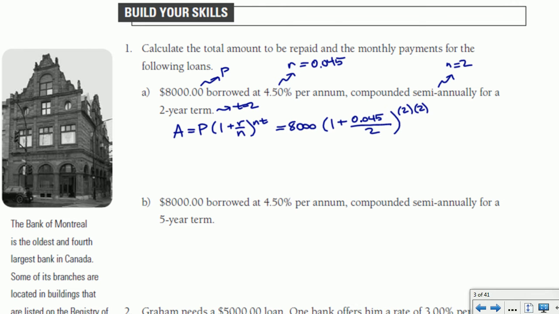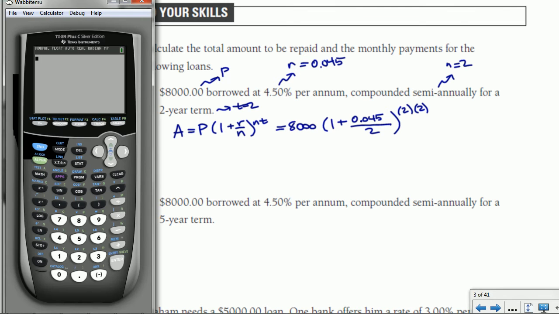So we need to make sure we adhere to the correct order of operations when we're trying to determine the amount to be repaid. With our calculator, I would start by dividing 0.045 by 2, and I would add 1 to that number. So that's the bracket done, and we need to raise this to the power of 2 times 2. Now 2 times 2 is 4, so we need to raise this number to the power of 4. And now we need to multiply that number by the principal, which is 8,000. So the amount to be repaid is